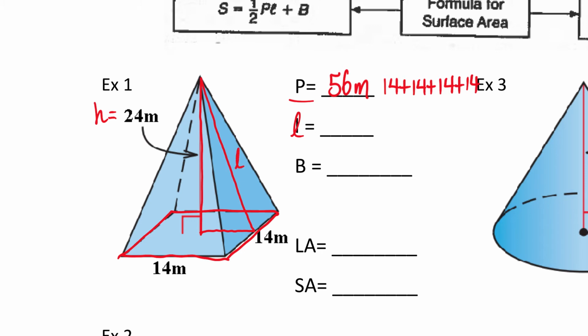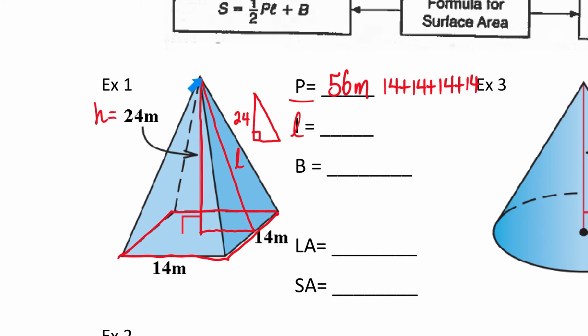Okay, so what I'm going to do is redraw this triangle. What I did is took this little triangle that's inside this pyramid and I just redrew it right here. So how long is this side of this triangle? It's 24, the same thing as that right there. Now how long is this side going to be? 7. Okay, why is it 7? Because that's half of